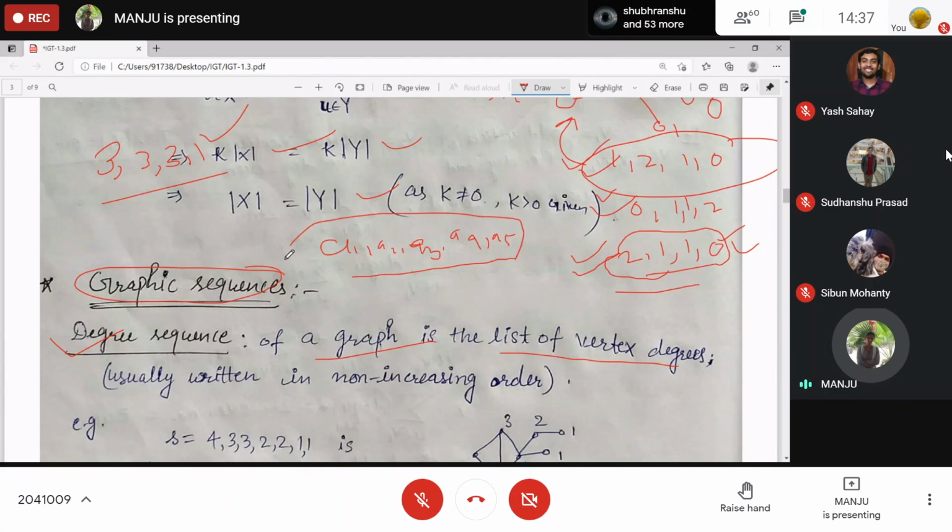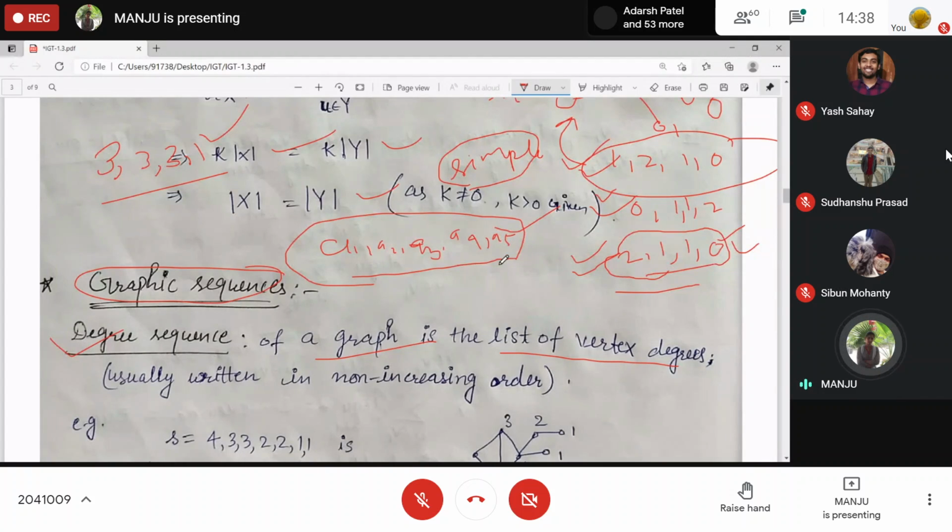If you are able to draw a simple graph, with no loops and no multi-edges, corresponding to a given non-negative term sequence, then this sequence is known as graphical.